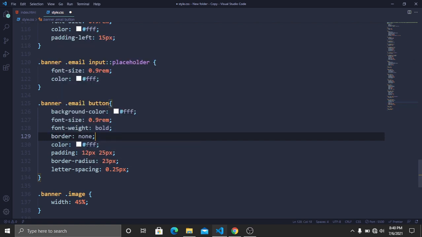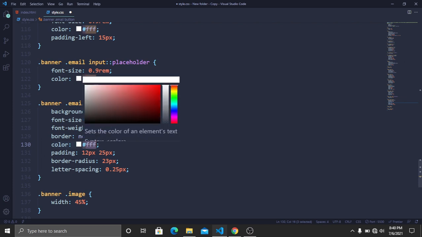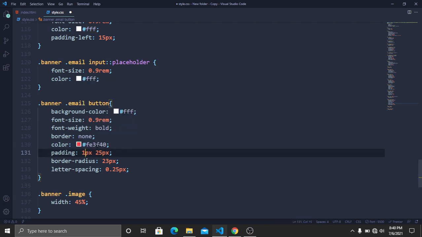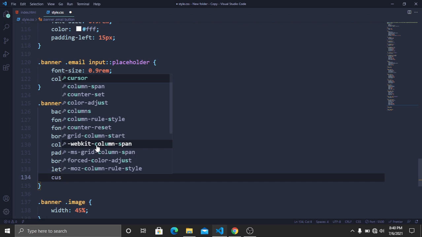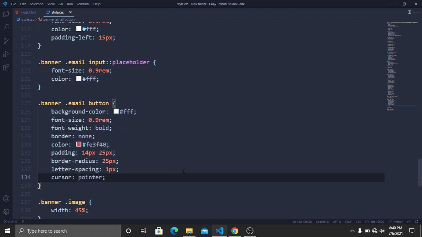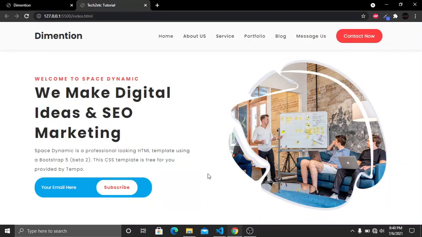And I have to add a different font color, and the color will be this one. And the padding from top and bottom will be 14 pixel, and from the left and right it will be 25 pixel, and the border radius will be 25 pixel, and I will increase the letter spacing, and it will be 1 pixel. And here I will add a cursor, and it will be pointer. That's it. Now save and go to our website, and here you can see that we have our subscribe